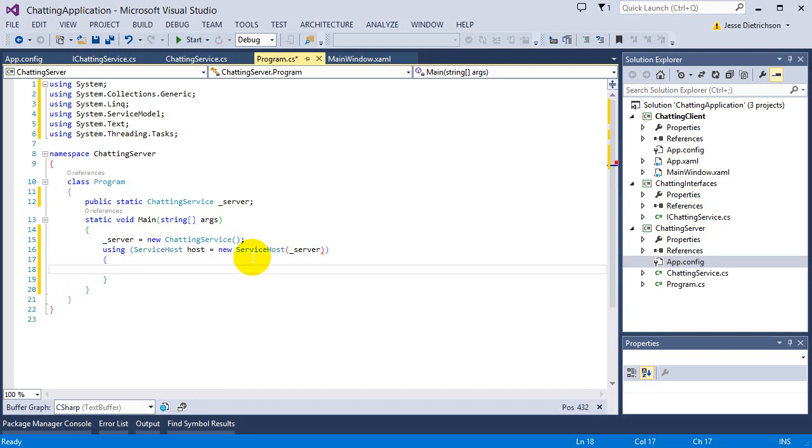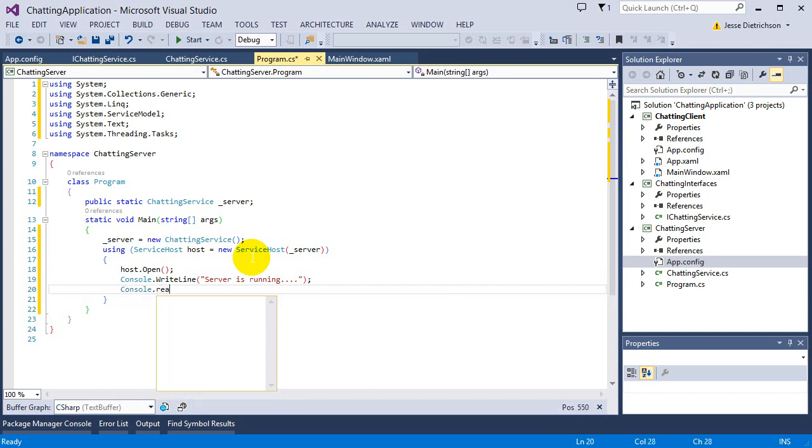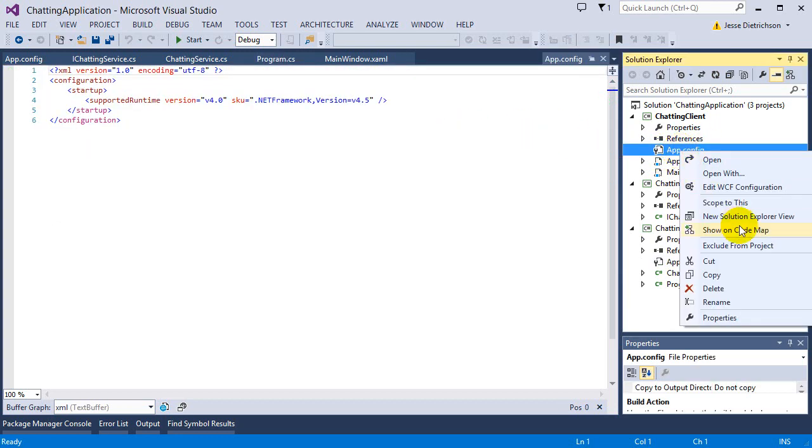Then inside of here, we're going to say host.open. Then we'll do a little message saying the server is running. And then console.readLine to keep it alive until someone presses enter, and that will close the service. So that is that. Now let's go ahead and do the configuration, the app config for our client by right-clicking